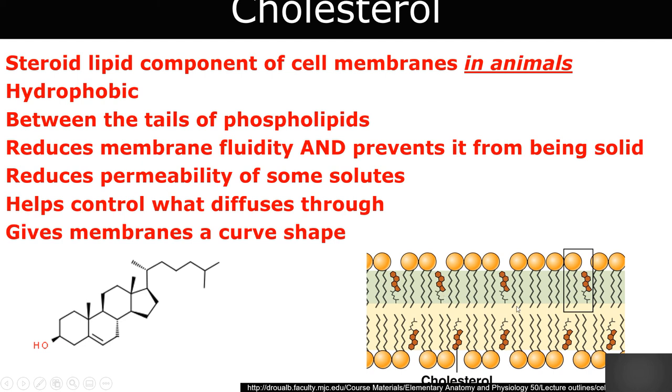It's keeping it in a happy state of not too much fluidity and not solid. It's helping to maintain the homeostasis of that membrane. It also helps to block the random permeability of certain solutes, so it's helping to control what is going through here. If it wasn't here, a lot more stuff that shouldn't be getting into the cell would get in. And because of its structure, it helps to give the membranes their curved shape, because most of